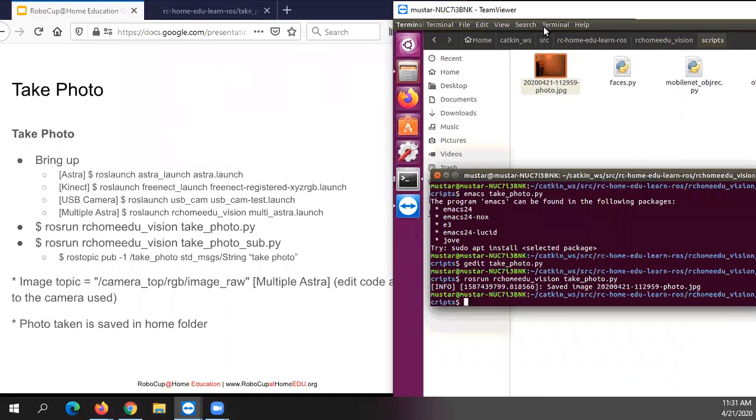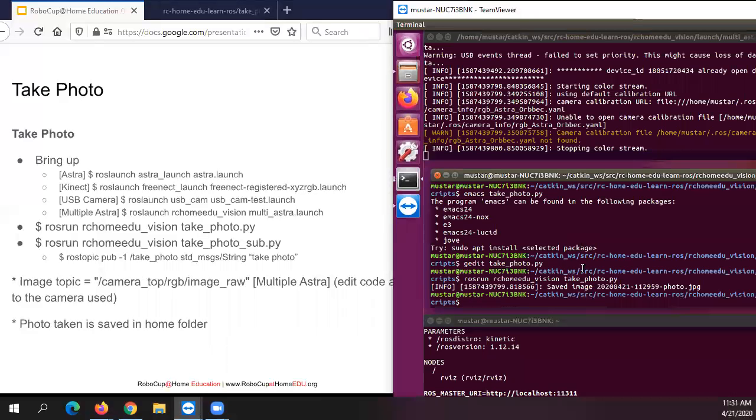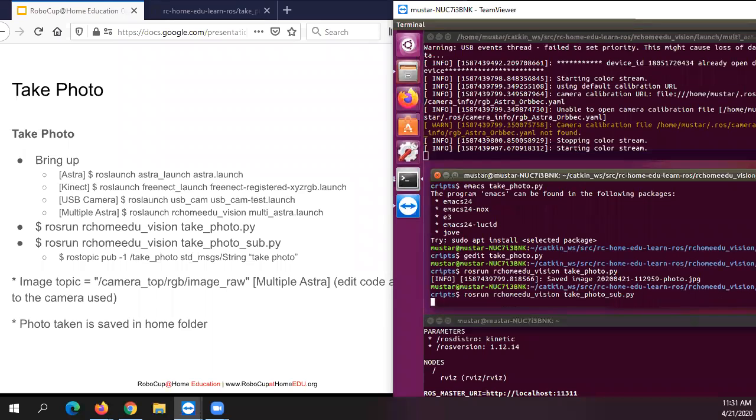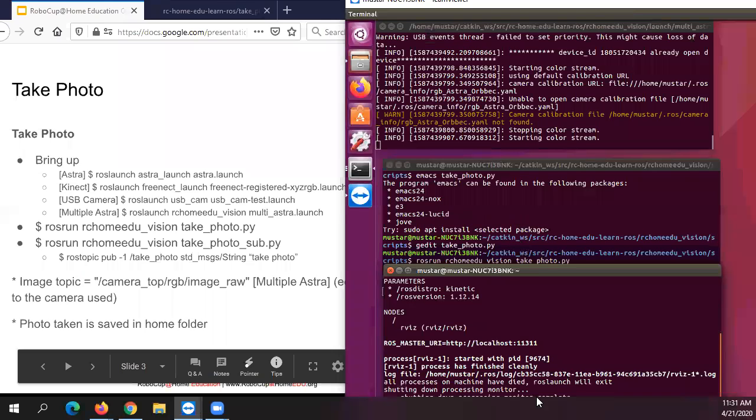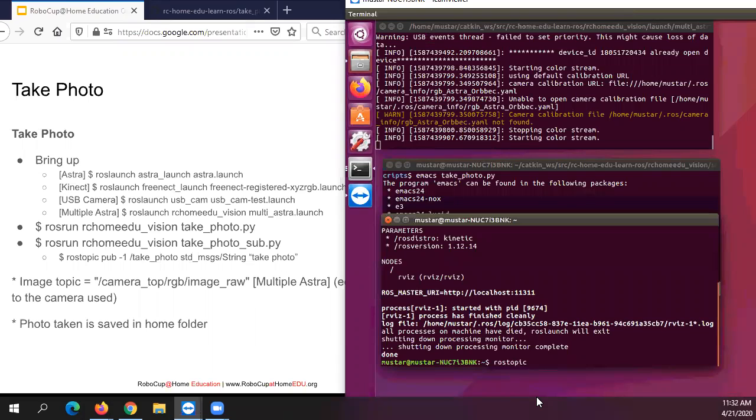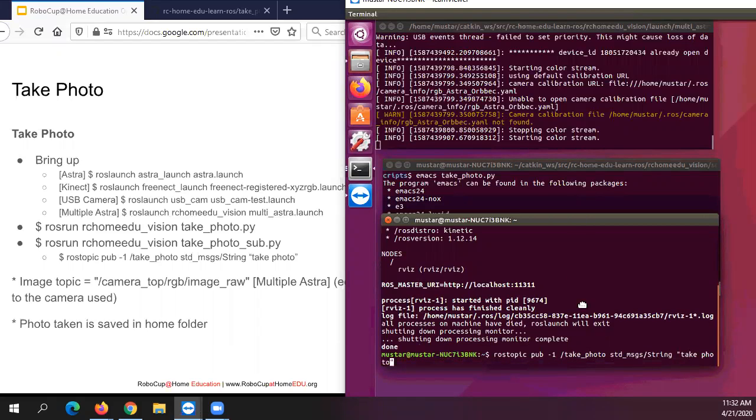But of course, if you want to control the timing for it to take the photo, you can use the second one, where I already wrote the example sub. You can see it actually waits. It does nothing until I key in the last one. So I say rostopic publish into take_photo, with a string message, and I'm going to give take photo. So if I run this,